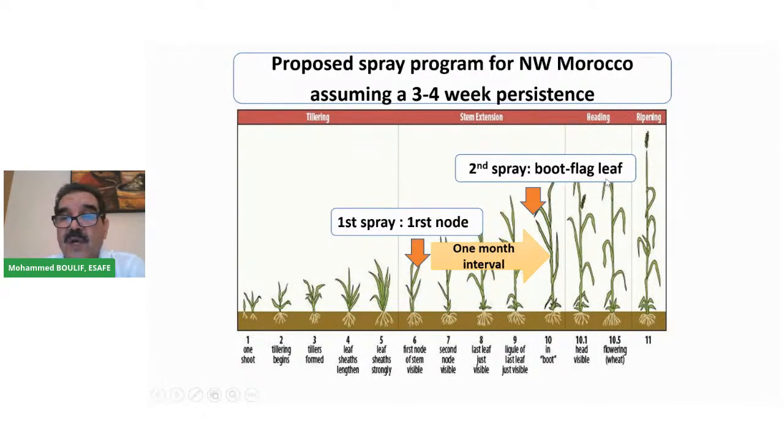Flag leaf is when the last leaf is out. This is the flag leaf. Boot stage is when the spike is still in its envelope. So by applying this, I have a protection of 4 weeks this way. And if I apply this, I have protection of 4 weeks like over here,